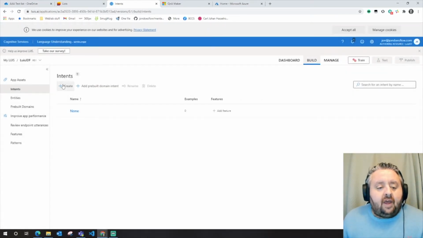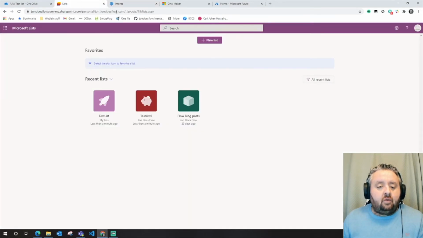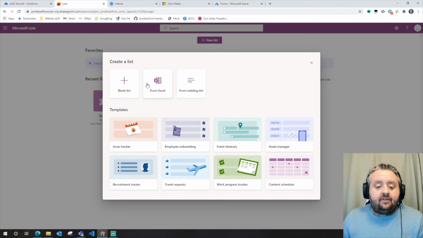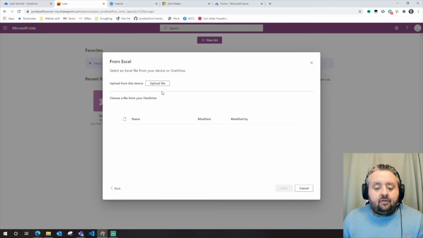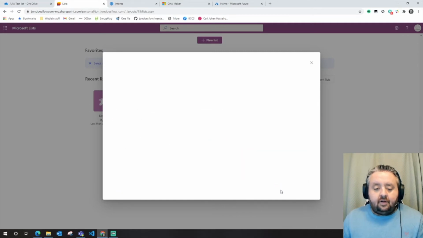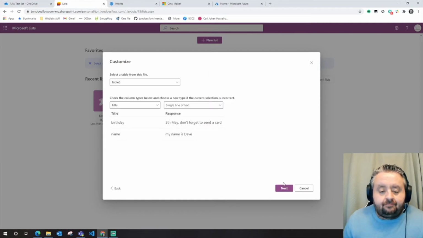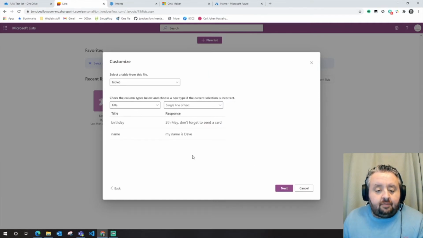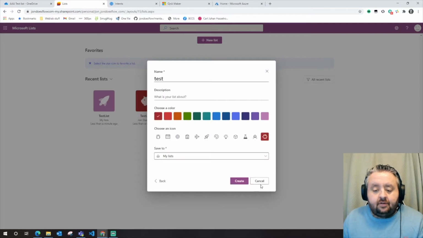So what we have here is the intents page. The intents is the thing that you're going to be doing or looking up. So in my example, we will quickly build this now, because then you'll see we're in Microsoft Lists. Then we're going to go to new list, and this is where we're going to hold the intents and the responses. We're going to open it from Excel, go into here, get test, go next, and yep, that's fine. Click next, click create,